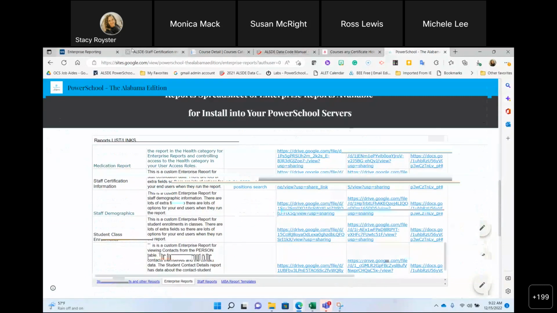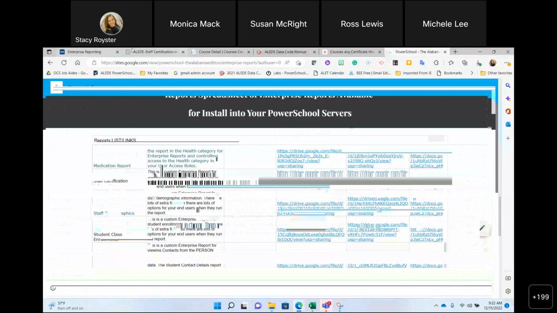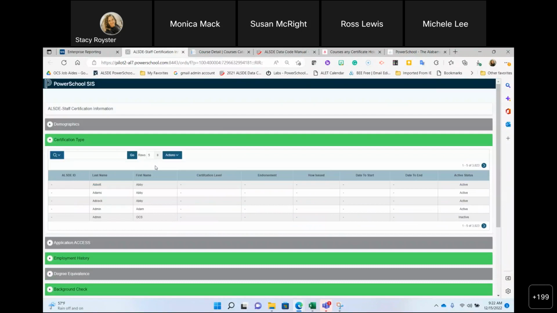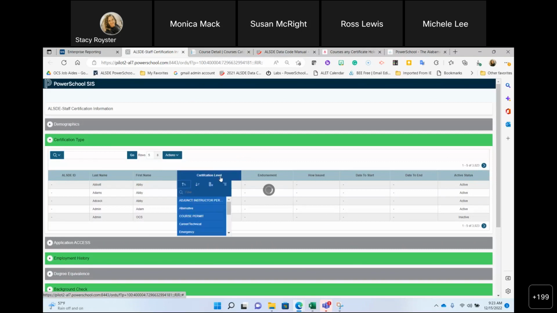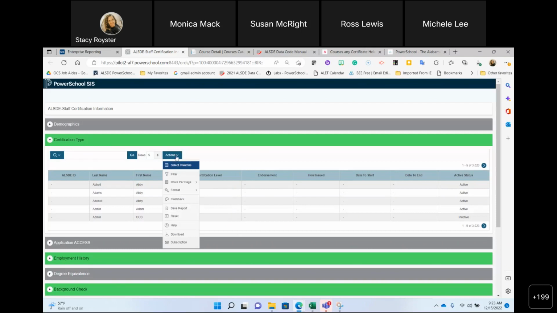All right, so going back to this enterprise report, I'm going to clear all of this out so that it just comes back to a blank. When you first go to it, you probably have a lot of information that's just out there. Notice right now I've got active status, active and inactive. You can do all kinds of filtering on this report. You can filter by just clicking on these right here and choosing from the list, or in this actions area,